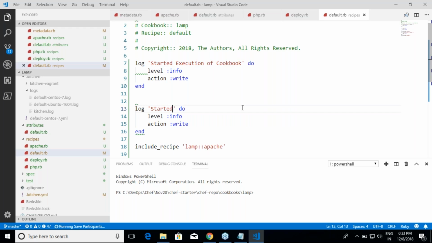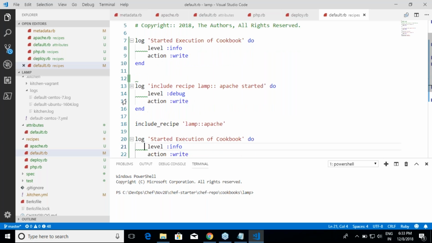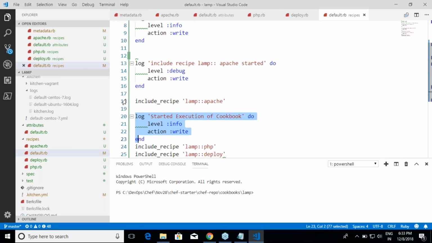Or include recipe lamp::apache started. This need not be an info log. This could be a debug log. Yeah. And then you might write one more log over here which speaks about